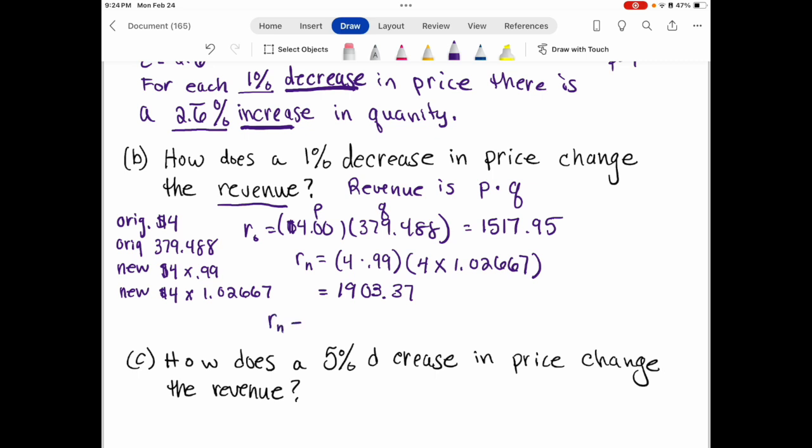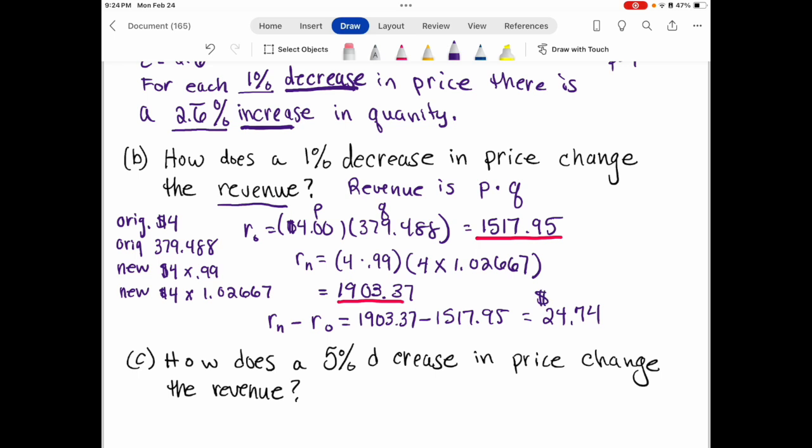So now to see how the revenue has changed, we're going to compare by subtracting. We're going to take the new revenue and subtract the old revenue and see what that difference is. So we're going to have 1903.37 minus, here's the new, here's the old. So I'm going to subtract 1,517.95. And that's going to give me a final answer of